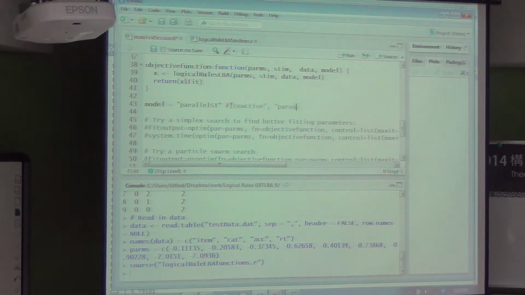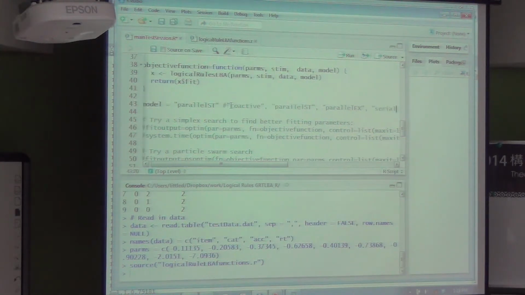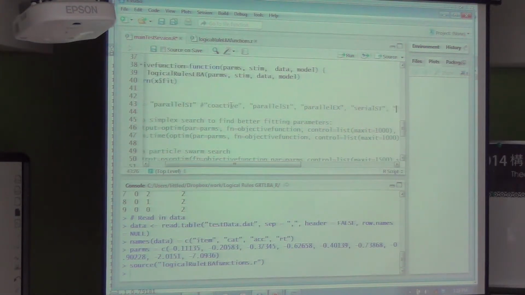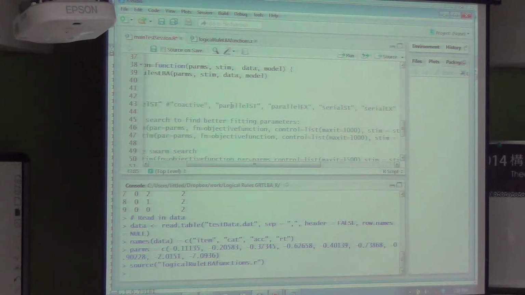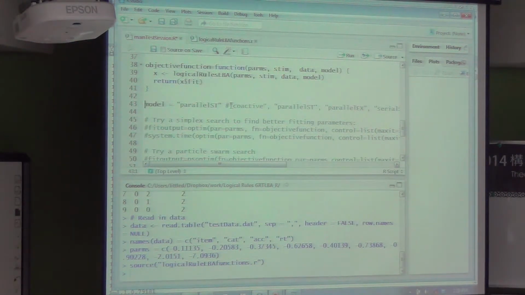These are just choices that you have for the different types of models that you can fit. I've just indicated here that I want to start with a parallel self-terminating model.